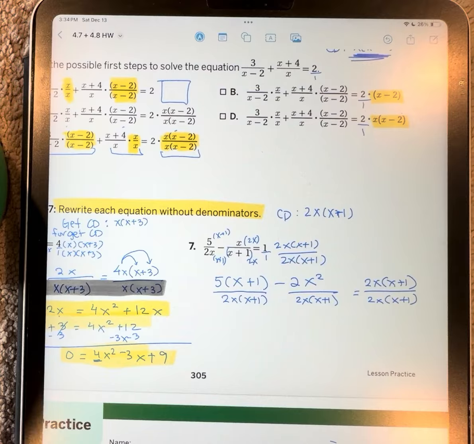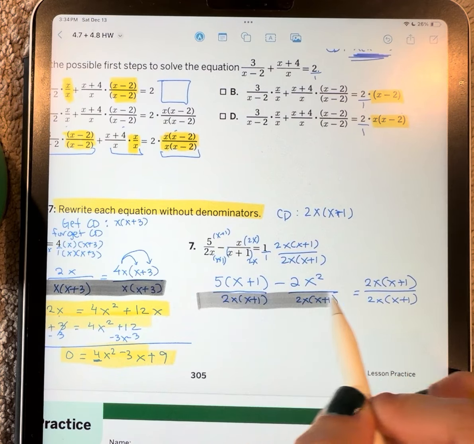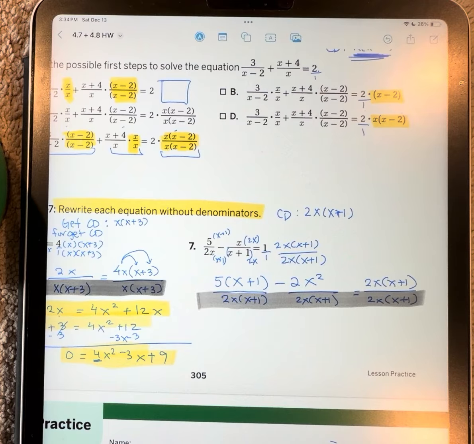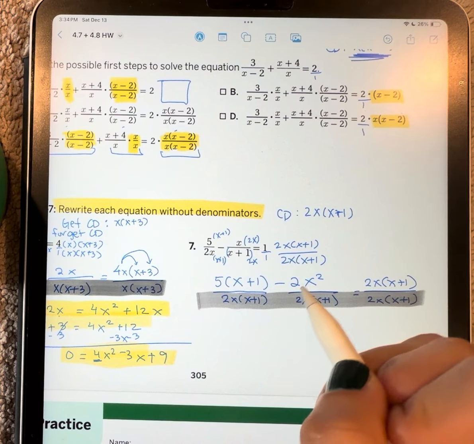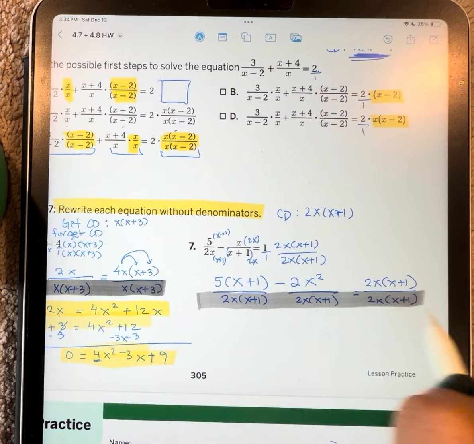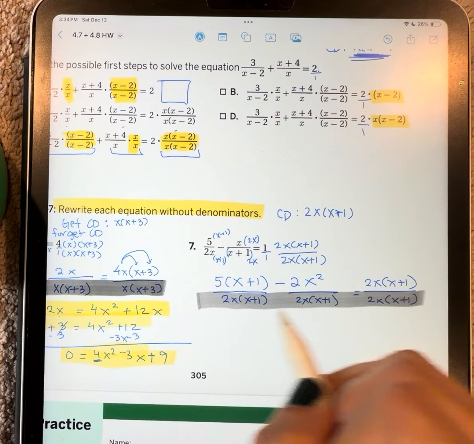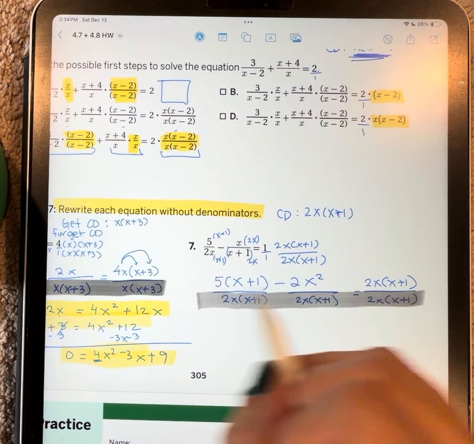Okay. Now they have a common denominator, so I can forget the common denominator. And remember, by the way, you guys, I taught you this in class. I don't really like gimmicks. This one works. I told you it's logical because if you want two things to equal each other, if you want this side to equal this side and the bottoms already match, you just need to make the tops